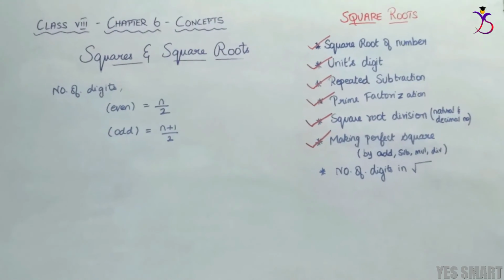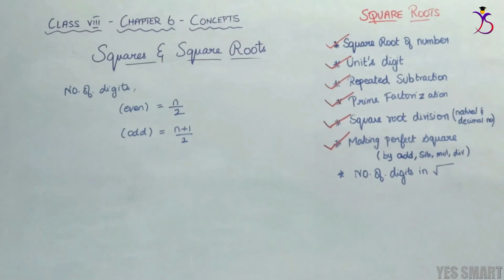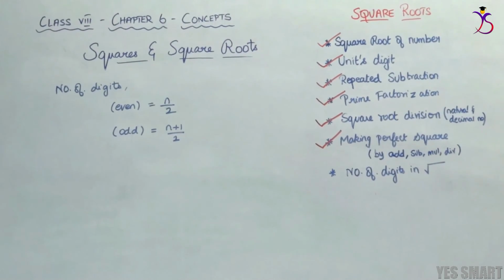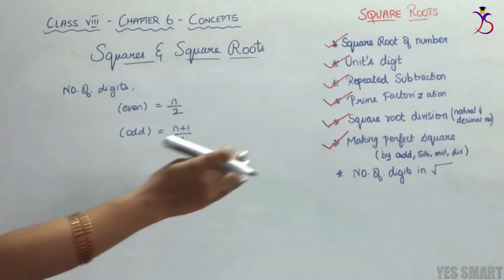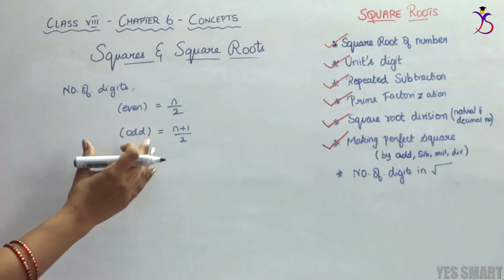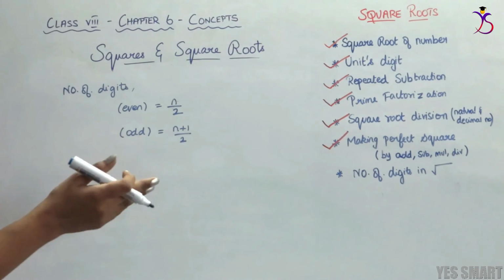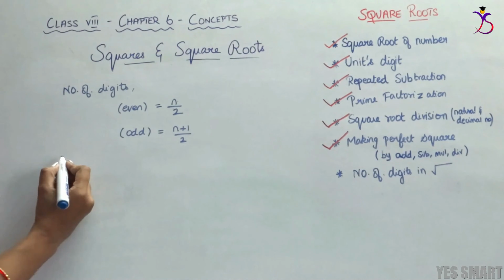Now let's discuss the last concept of this chapter, number of digits when we take a square root. That is, the question will be like, how many digits will be there if we take a square root? What will be the number of digits in the answer? So if the number of digits in the question is even, then we have to use n by 2 formula. If it is odd, we have to use n plus 1 by 2. So let's take an example,